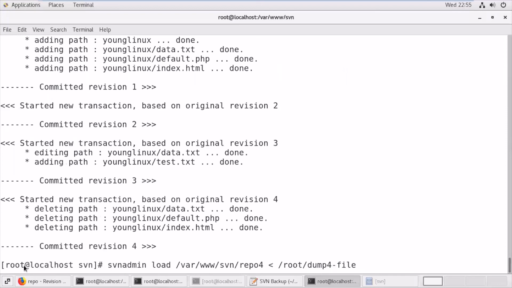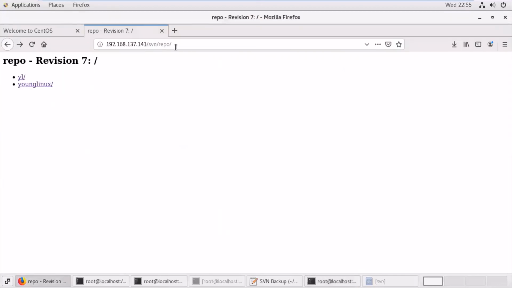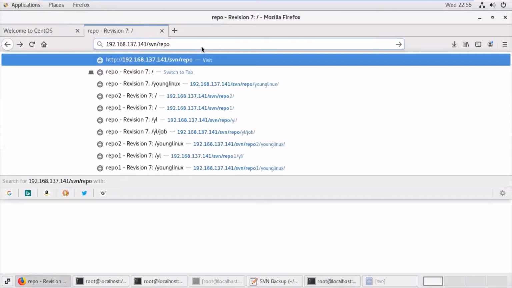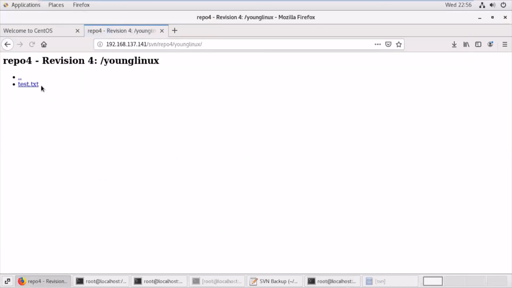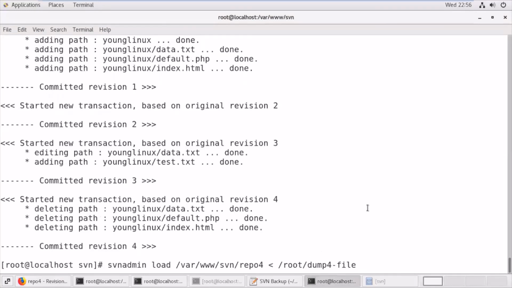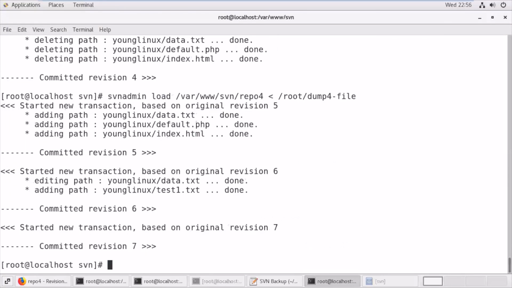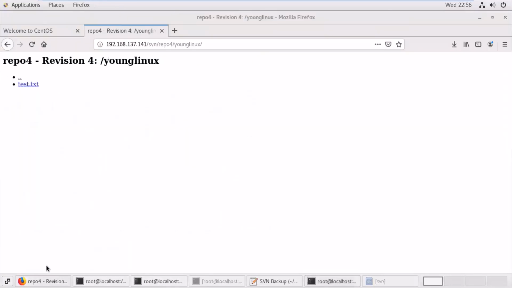Now it will work because this repository already contains the previous versions of those files. Now while restoring, see, only test.txt is there. Now if I restore these revisions from 4 to 7 and go and check, all the files will be there.